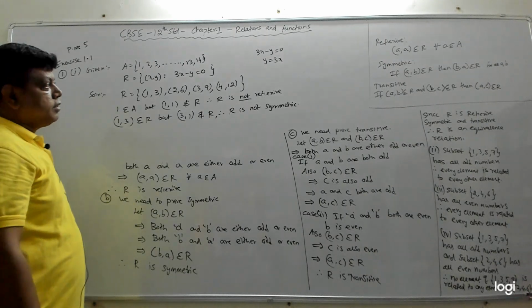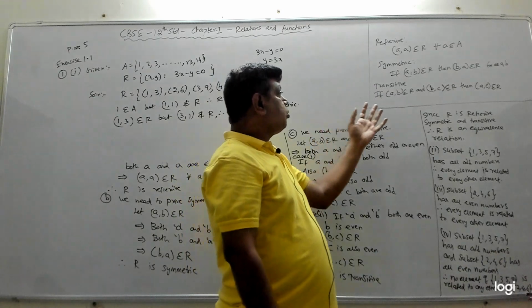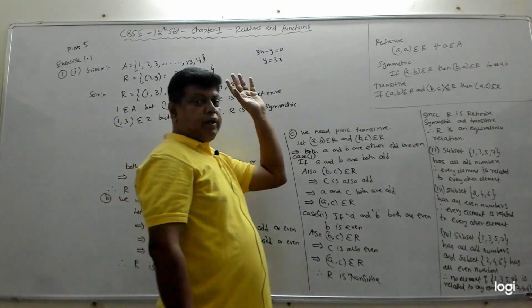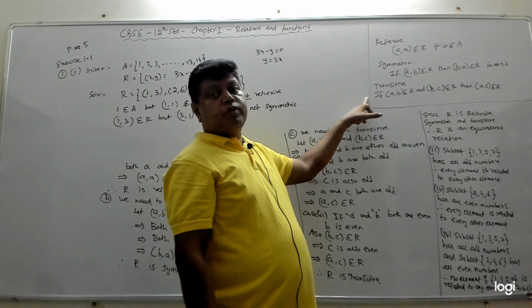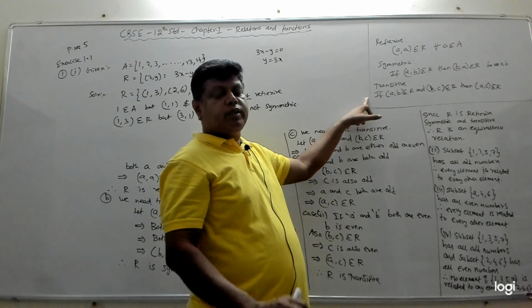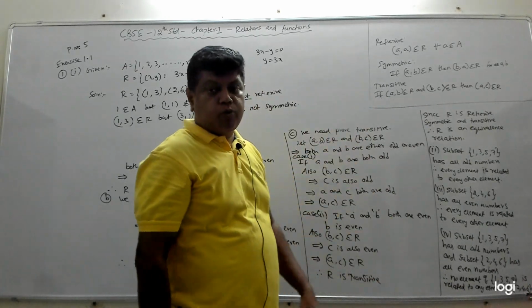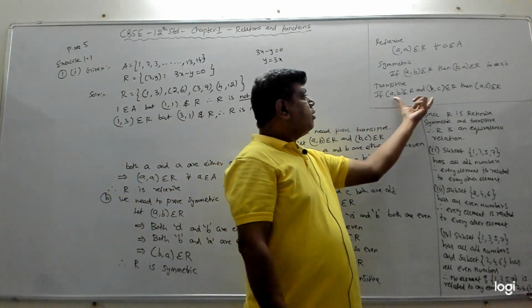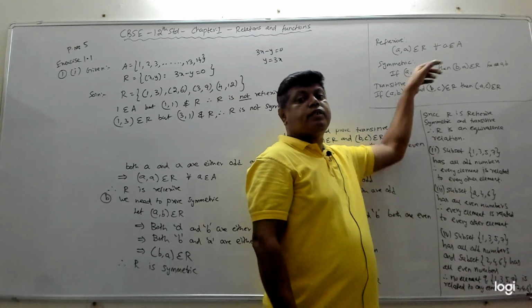Now, transitivity. To prove transitivity, we have to check this condition for all the elements, or we should write a general proof to say that something is transitive. To say that it is not transitive, we can try to find one pair of elements from R, like A comma B and B comma C, and then show that A comma C is not in R.